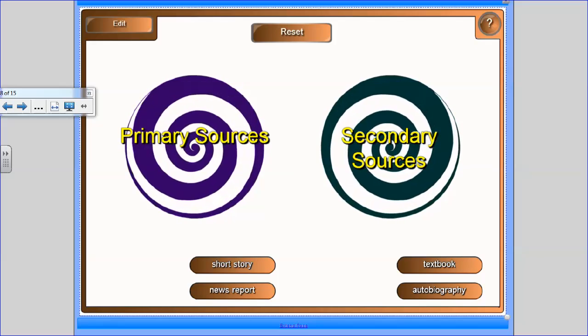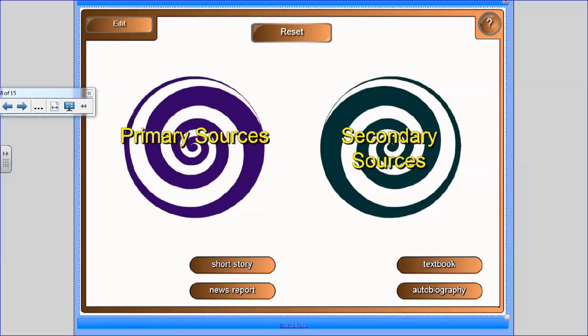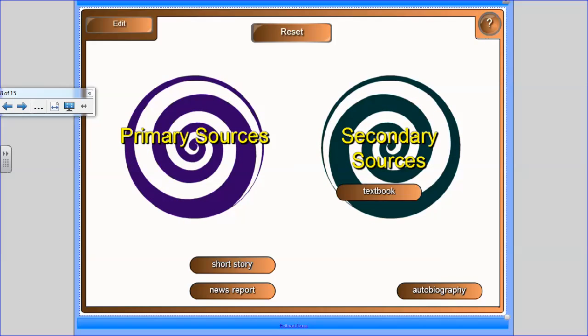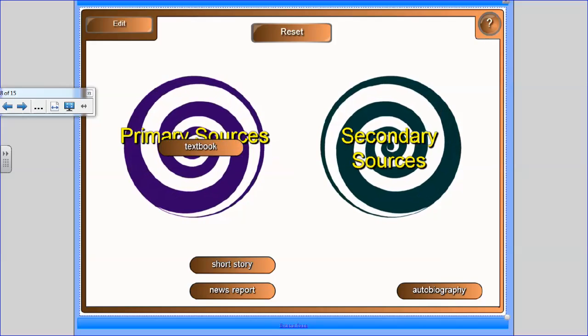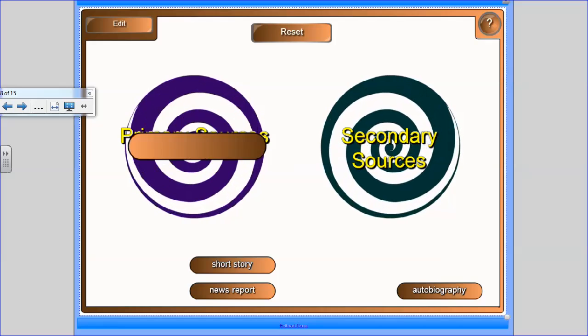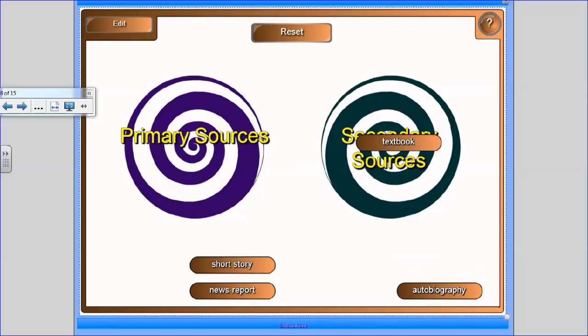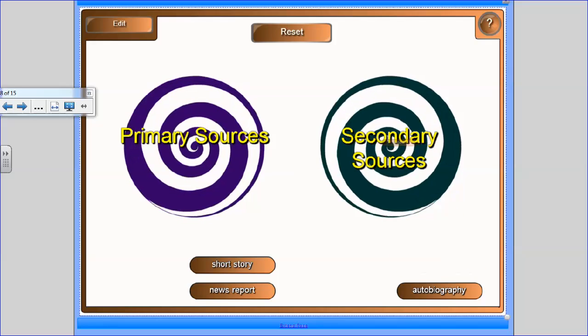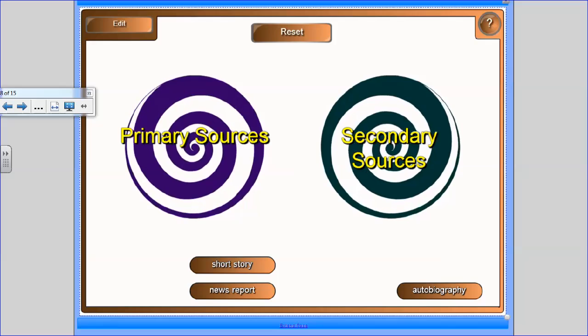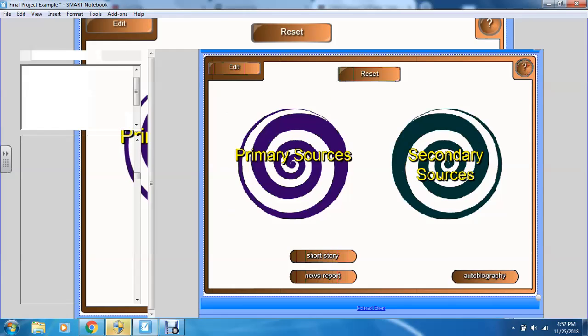Now textbook, I know a textbook is a secondary source, but I'm going to show what happens if I put it in the wrong spot. It'll spin and kick it back out. It'll only absorb or disappear if it's on top of the correct category. So now I'm going to go back out,